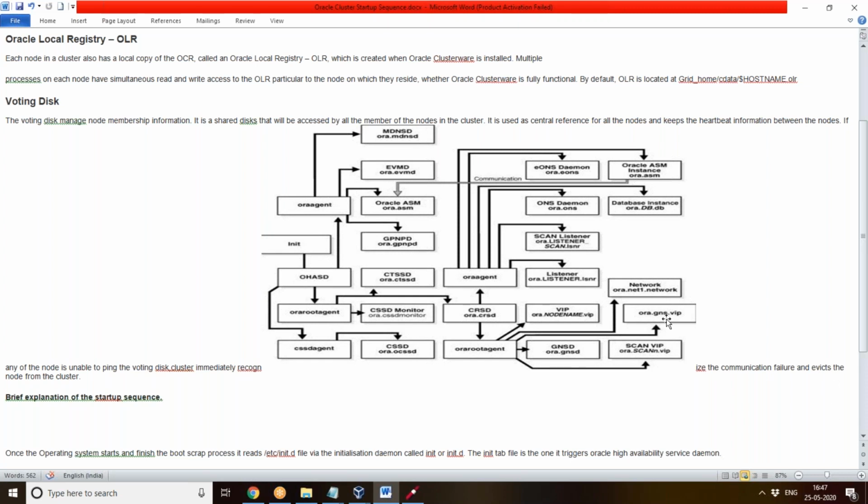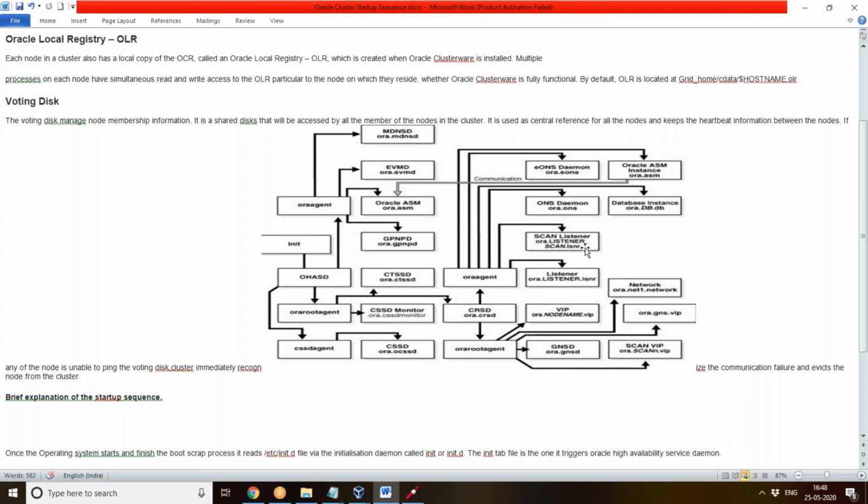Like DNS, it gives a name for the scan IP. We have to give one IP for the grid naming service, and it will check. Instead of DNS, we can go for grid naming as well. In large organizations they use this grid naming service to convert the IP into a cluster-related host name. Then ora.gnsd, then ora.scan.vip. You already know scan. What's the difference between scan listener and scan VIP?